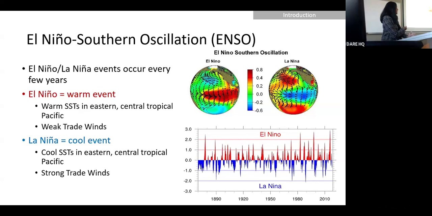So in that picture up there, you can see North America on the globe, and this is the equatorial Pacific. During an El Niño, you get warm temperature anomalies at the surface of the ocean. And during a La Niña, you get cool anomalies, and you get changes in the wind field as well. Here at the bottom is a graph of an index that we use to measure ENSO activity, showing its progression over the years. And you can see they happen sort of every few years where you get a really large spike in red or downward spike in blue.